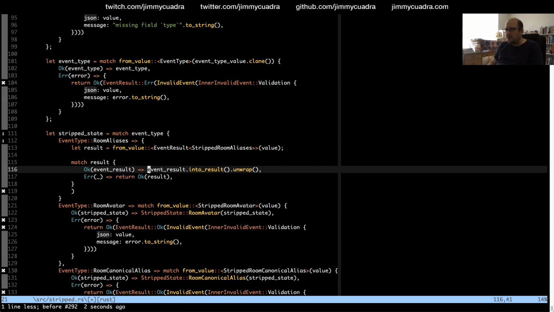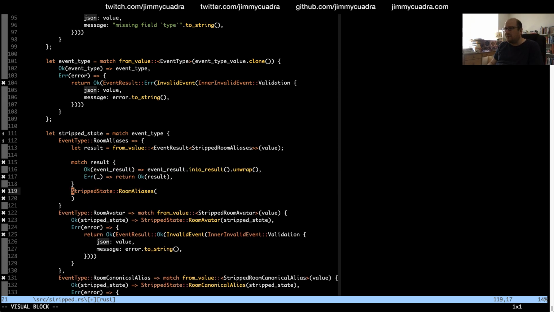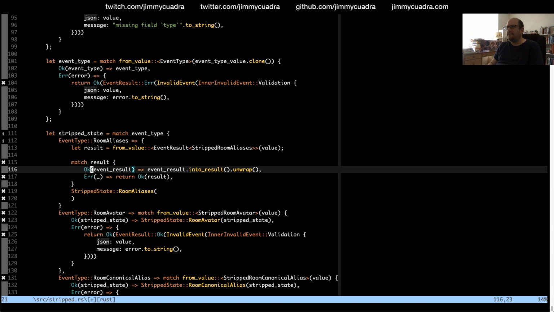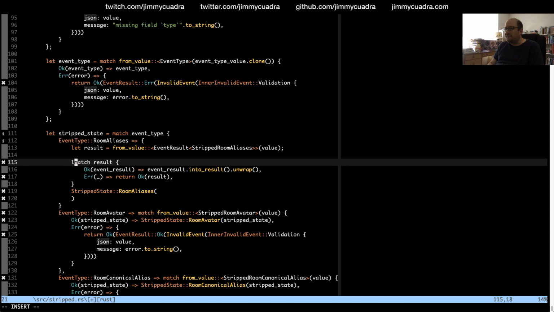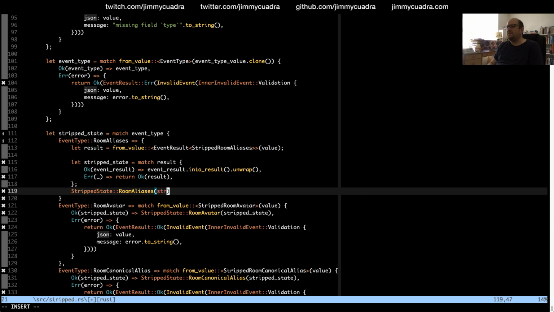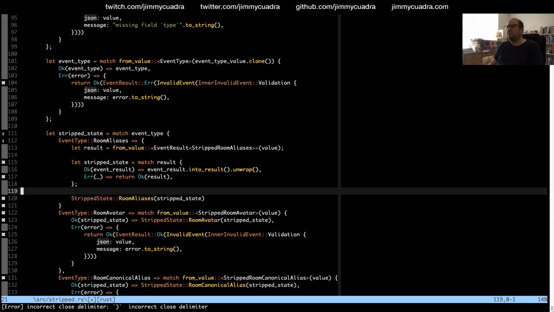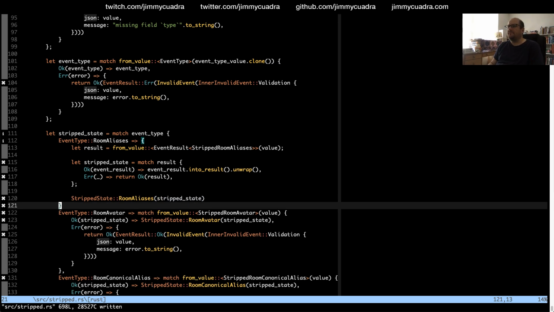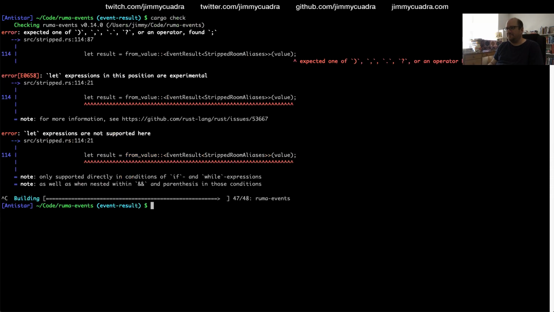Whoops. Room aliases. Now let me not inline this. So let stripped state equals stripped state. Okay. I think that's right.